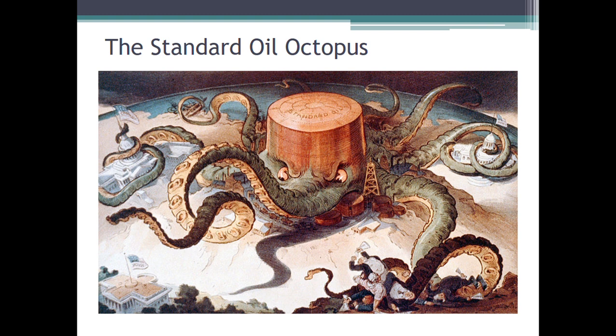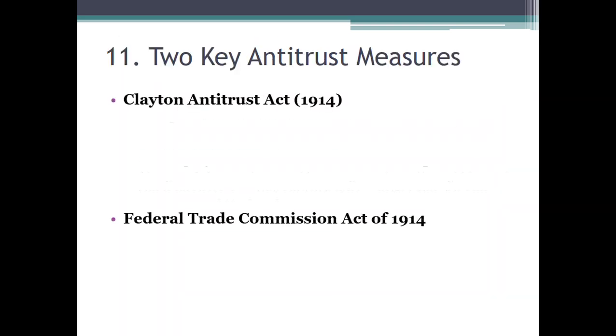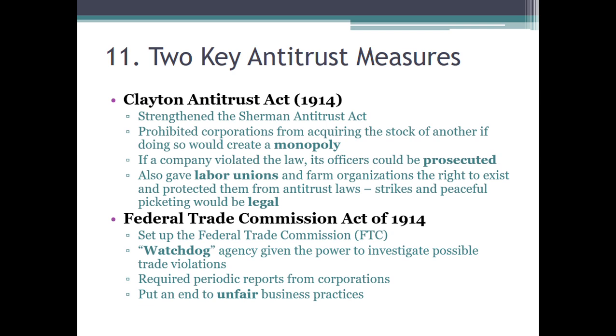11 asks, what are two key antitrust measures that were passed when President Wilson was in office? So remember, antitrust means things being done to stop monopolies. I haven't talked about Woodrow Wilson yet. He's elected president in 1912. He will be elected for 2 terms. He's going to be the last major progressive era president, and he's also the president that will see the United States through World War I. He is supportive of these progressive reforms.